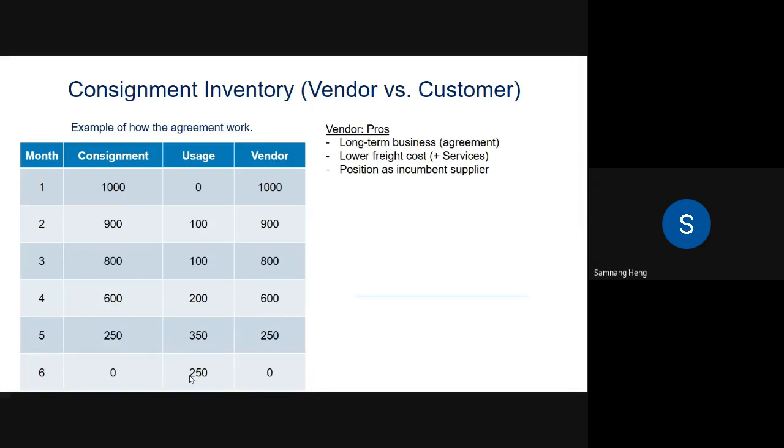And another pros benefit is lower freight cost. Lower freight cost means lower delivery cost. I could say that in our country it's almost zero. So when you ask the customer to sign in for consignment inventory, you're gonna guarantee that you deliver your new product to their warehouse, so that the customer doesn't have to deal with anything. They just provide us some space to put our product, to show our products.